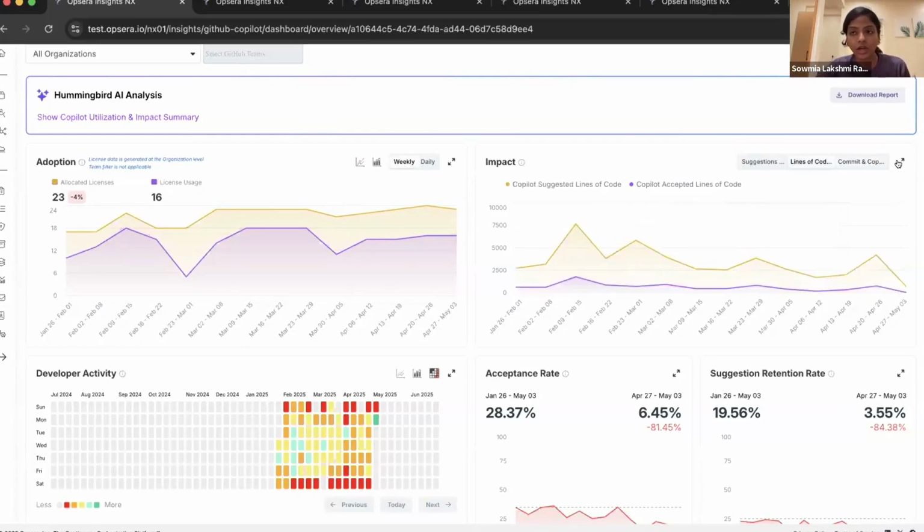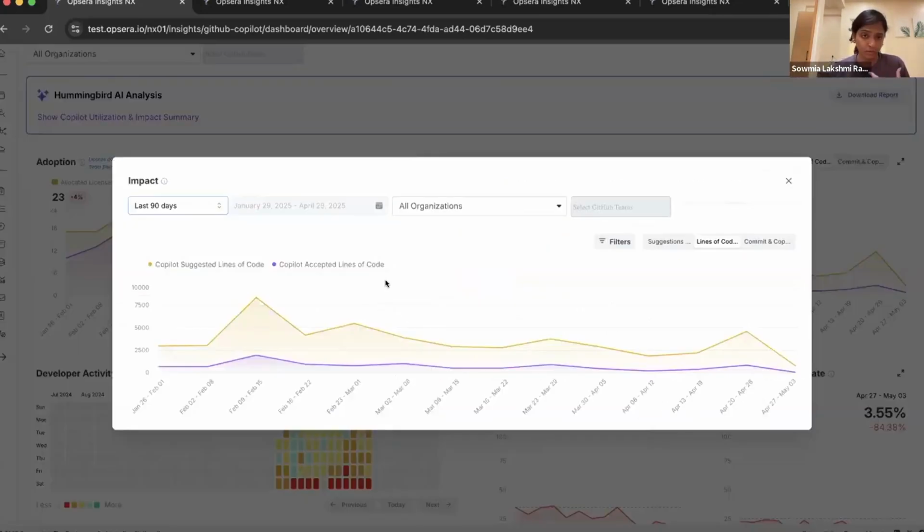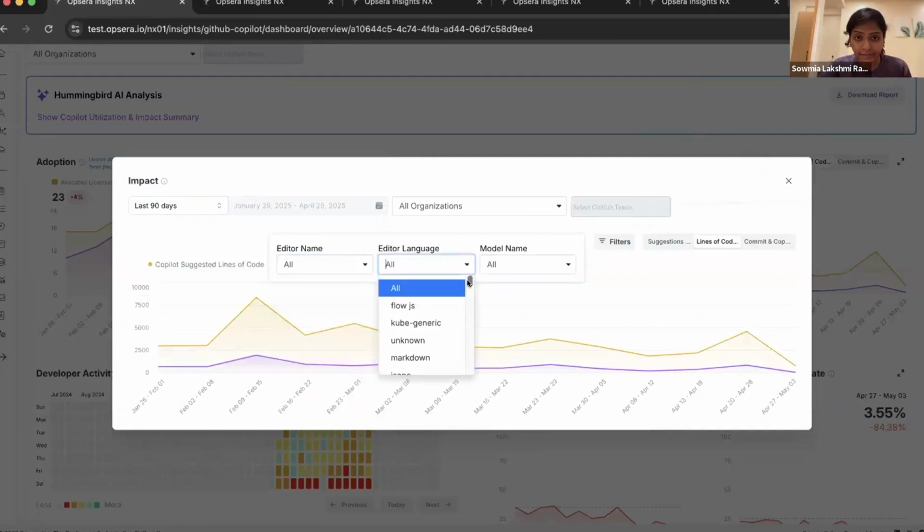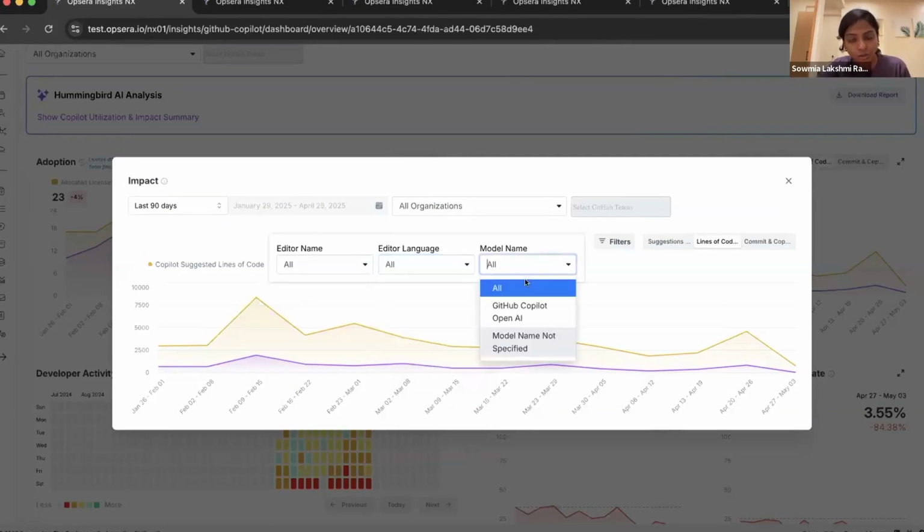What we also add additionally is, probably I want to understand more on where there is more impact, which editor is it actually impacting. So you can filter out all of this data at an editor level. You can see different editors, and at a language level as well, right? You probably want to specifically understand, for React or for JavaScript, what are the actual lines of code that are gotten. Yes, you can select the language and you'll be able to see the data filtered. And we also show you the models.